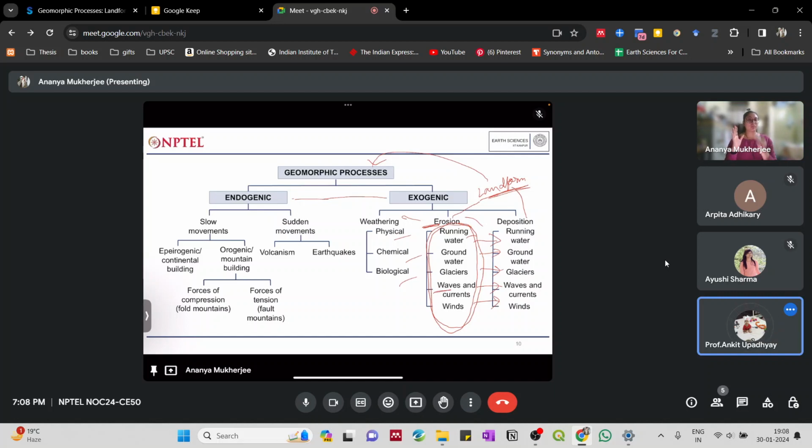Okay, so due to the constant hitting of the sea waves along this face of the cliff, the sea waves are constantly hitting this rock over here. First of all, the force with which the water is hitting can cause fractures or cracks in these rocks, okay? And when these cracks become much larger and get connected to each other, the material from there falls off.